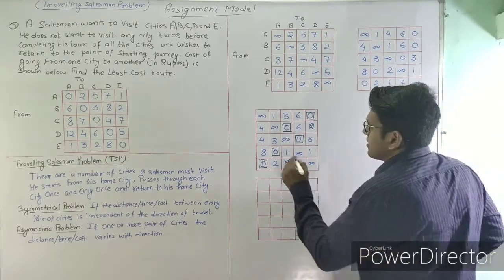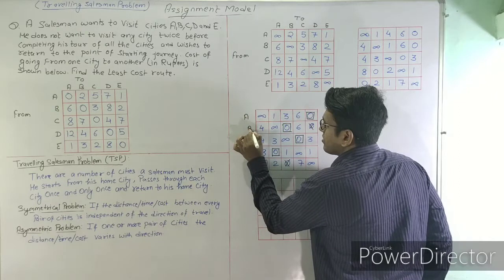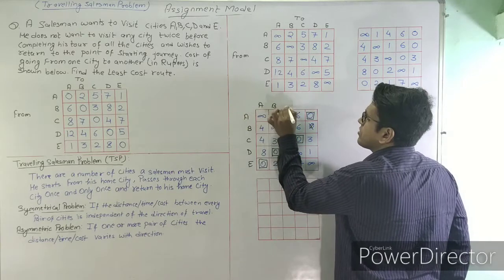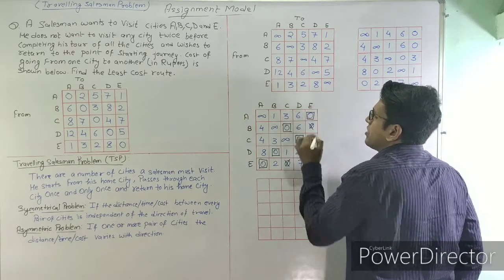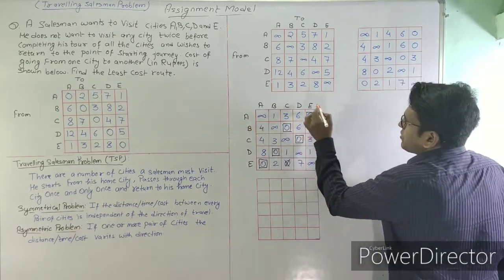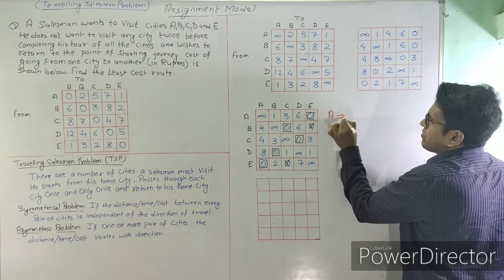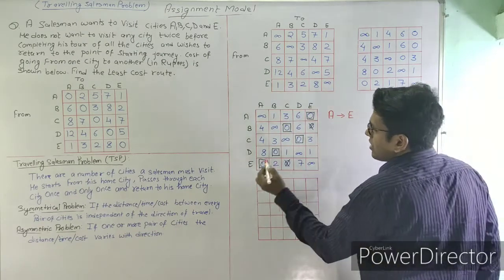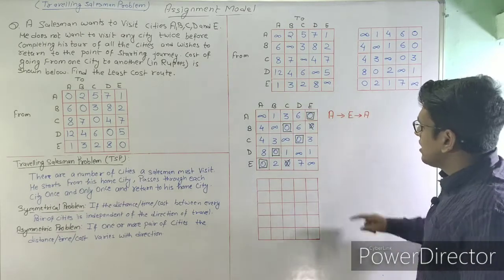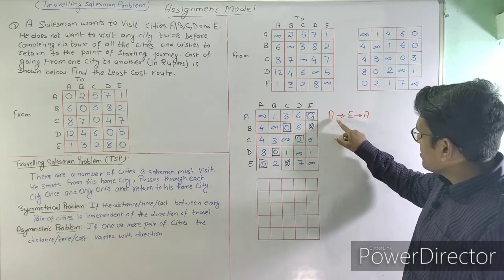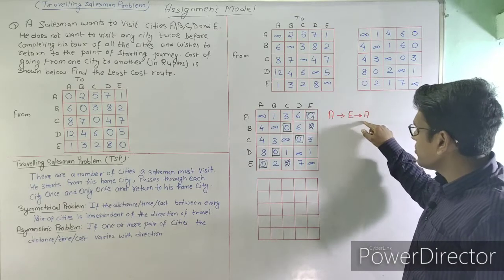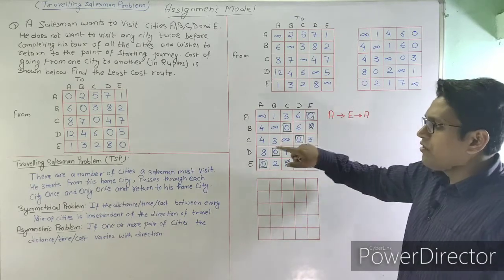So I am just writing here A, B, C, D, E, A, B, C, D and E. So first we can see that it goes from A to E, then E to A. So we can see that the salesman is going from one city to another and then coming back to its own city, which is creating a subtour,